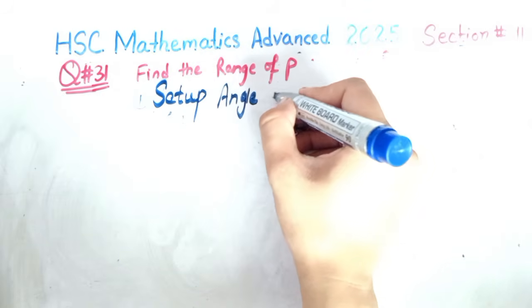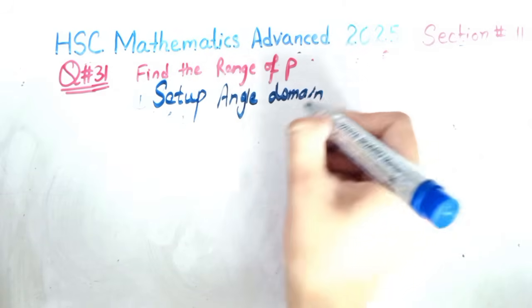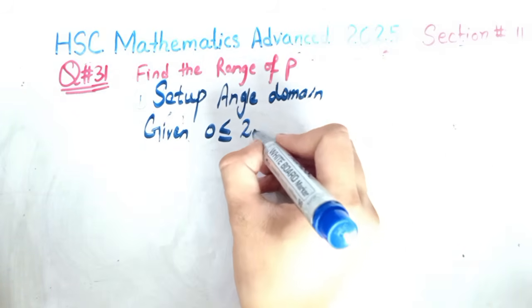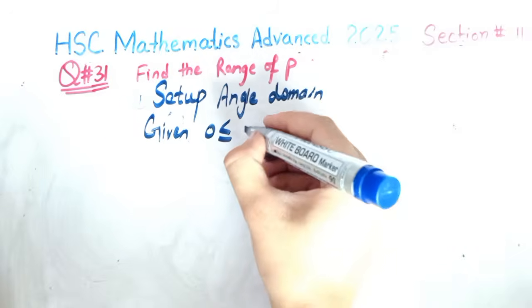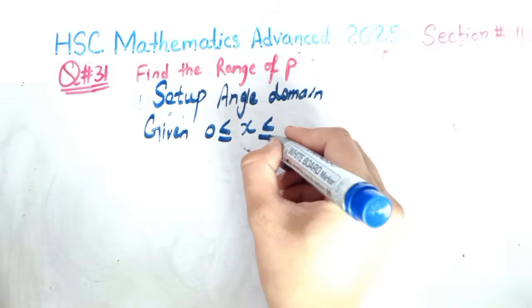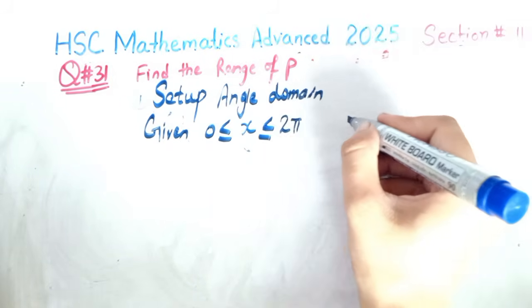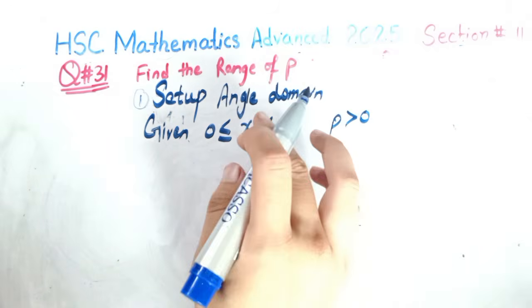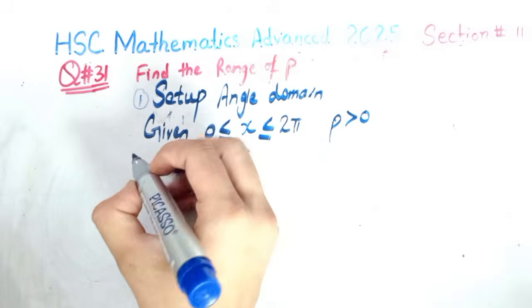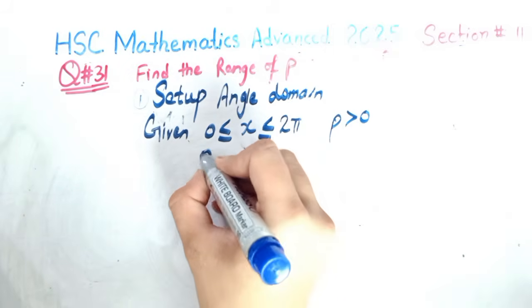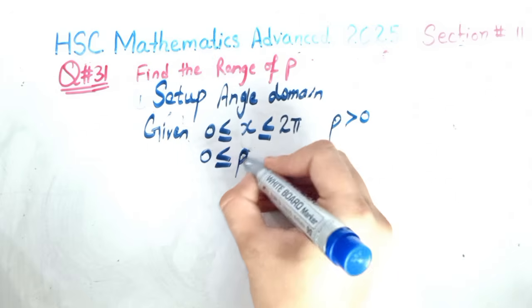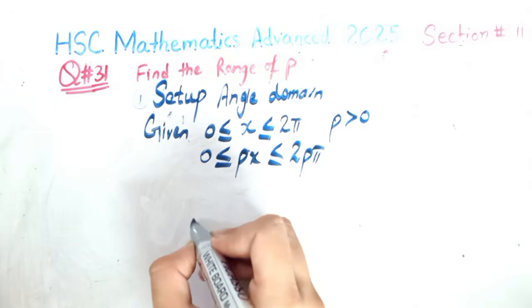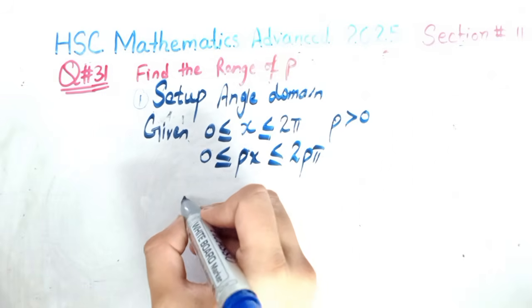The first step is setting up the angle domain as given: values 0 is less than or equal to x, and x is less than or equal to 2 pi. And p is positive, greater than 0, so we multiply all sides by p. So we get 0 less than or equal to p x, less than or equal to 2 pi p. Now you have to find the general solution of